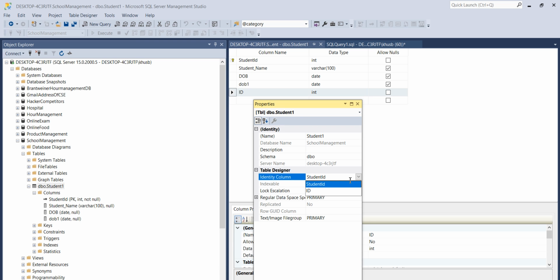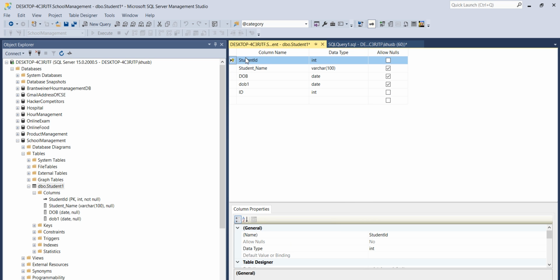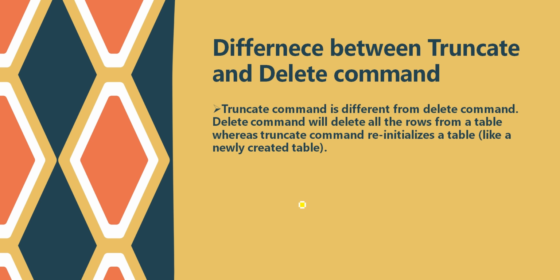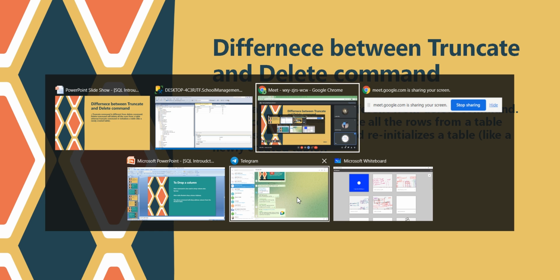But again, only one column can be set as auto increment at a time. Usually we use auto increment only for the primary key. We are going to see the query for that, and that's very simple.